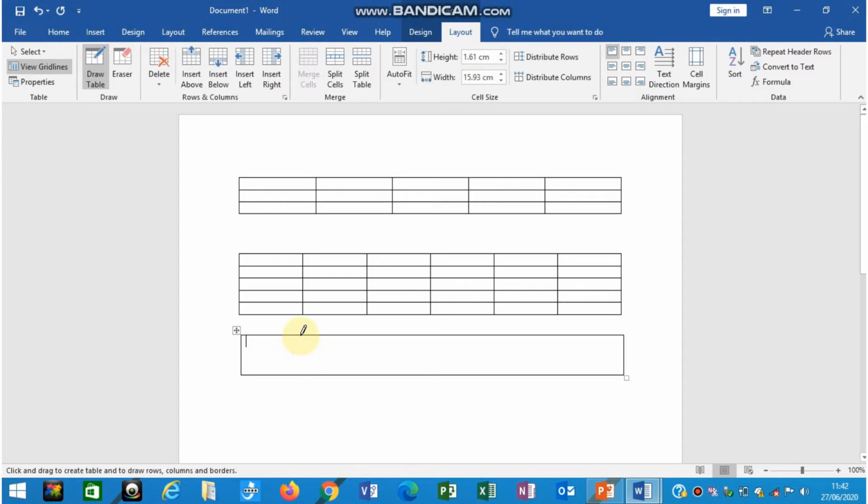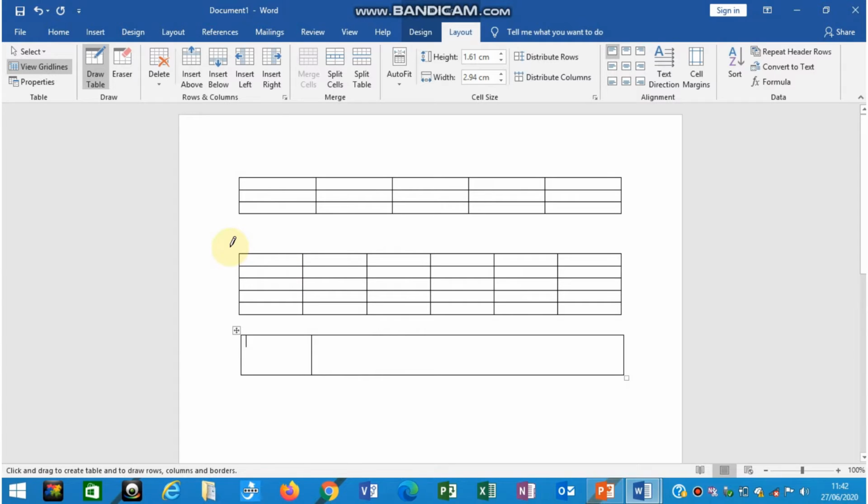Again, if you want to add one row, one column, then bring your mouse pointer to that particular point and again left click continuously and draw the table. It is similar to the way we use Paint.